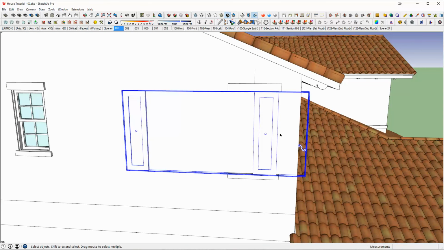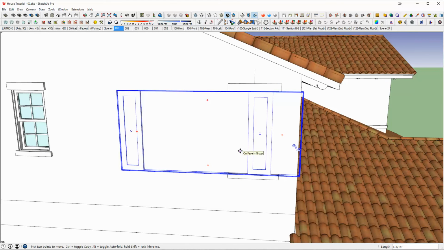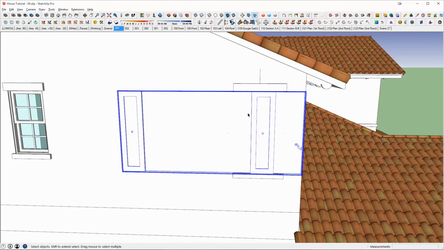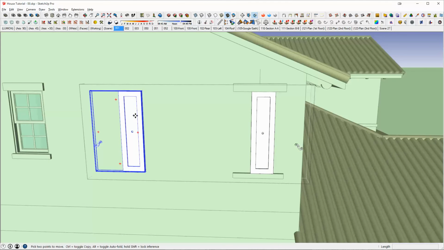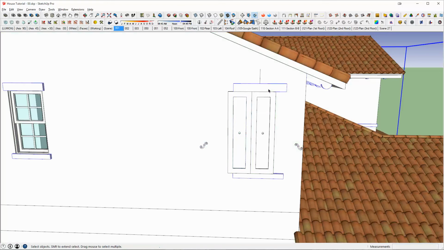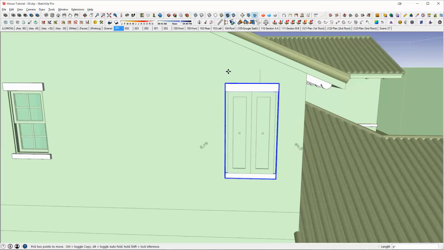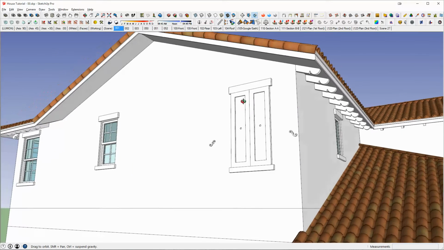Maybe we're going to vary from the plan just a little bit because I want to put these shutter dogs in. So maybe we'll slide this over, say 6 inches, and now I'm going to cut this again and paste it in my component. So now that we have a mirror of it, I simply slide this guy back, and I slide my trim over 6 inches, and there you have it. There's a faux shutter detail,